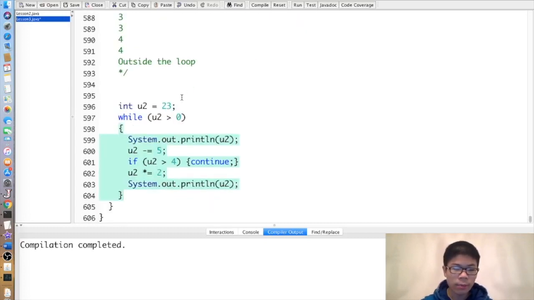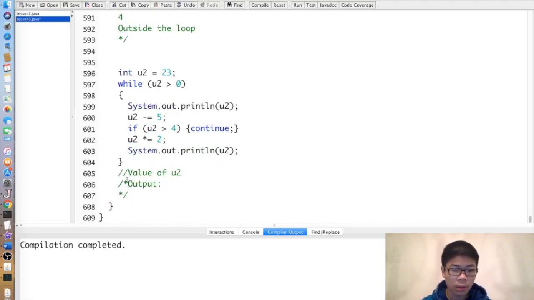And in an example involving a while loop, you'll see that when a continue statement is executed in a while loop, since there is no third statement in the parentheses, it just directly goes to the checking phase and goes on to the next iteration. So in this example,